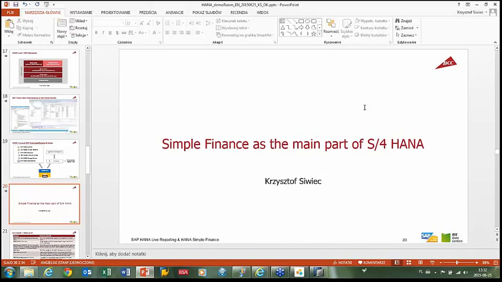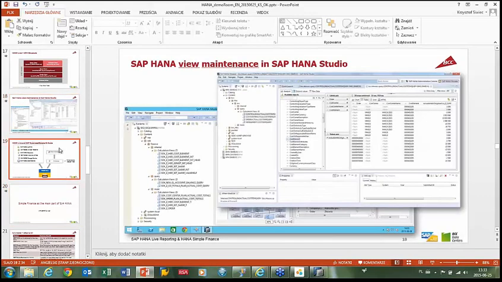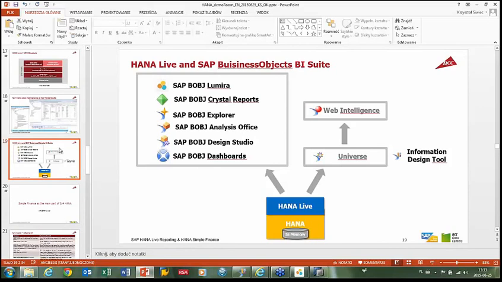So as for SAP HANA, and perhaps I'll just add that SAP HANA Live reporting is quite powerful and it works quite well, but it's better to have the newest SAP HANA service pack. SPS 8 or even 9 is better to be able to govern